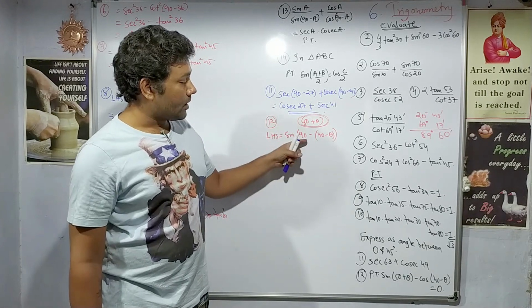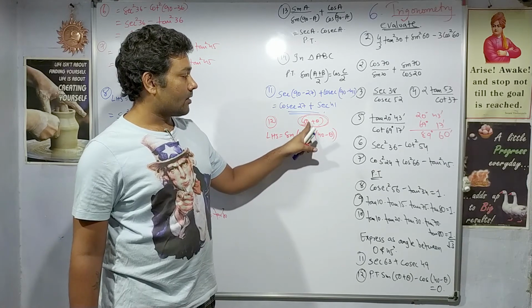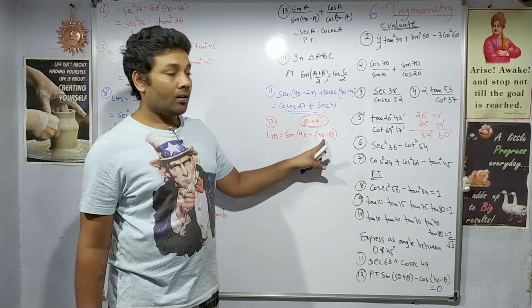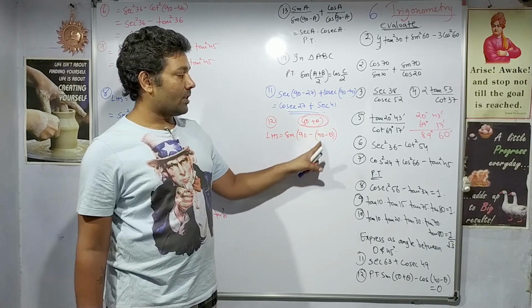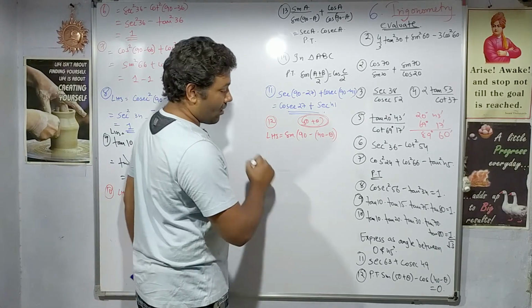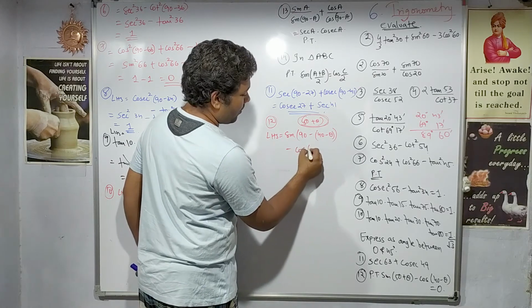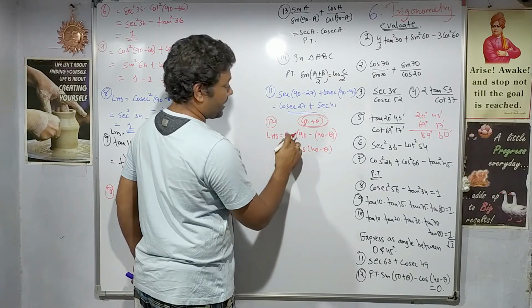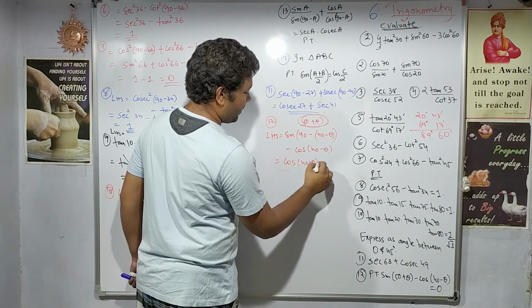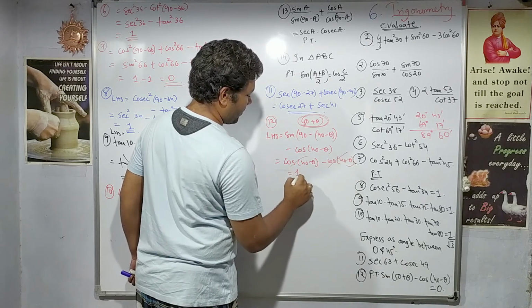To convert this into this format, step 1, you write 90, right? Then here it is 50. So what do you have to subtract? 40. So minus 40. You have plus theta. Since this part is in the bracket, you will write here minus theta. So that adjustment is called as such. Then minus cos 40 minus theta as it is. So sin 90 minus, it is cos. So cos 40 minus theta minus cos 40 minus theta, right? Cancelled. Answer is 1.